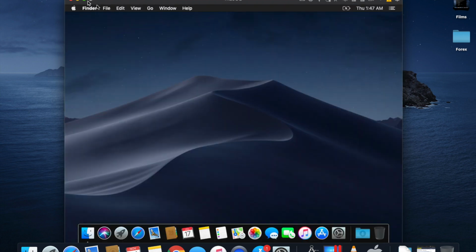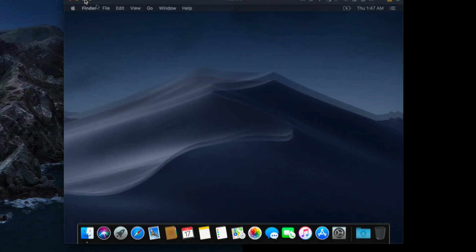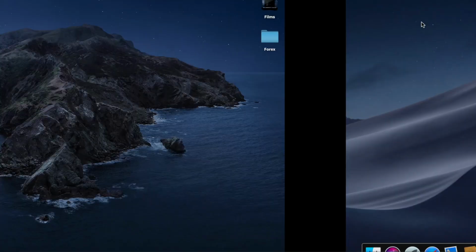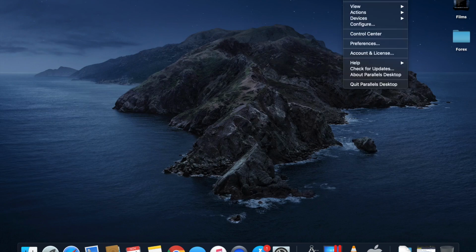I think there we have it. We go widescreen. Okay, as you see, it is not fitting my screen. What I can do to actually make the resolution the same as my Catalina is go to Parallels, Configure,